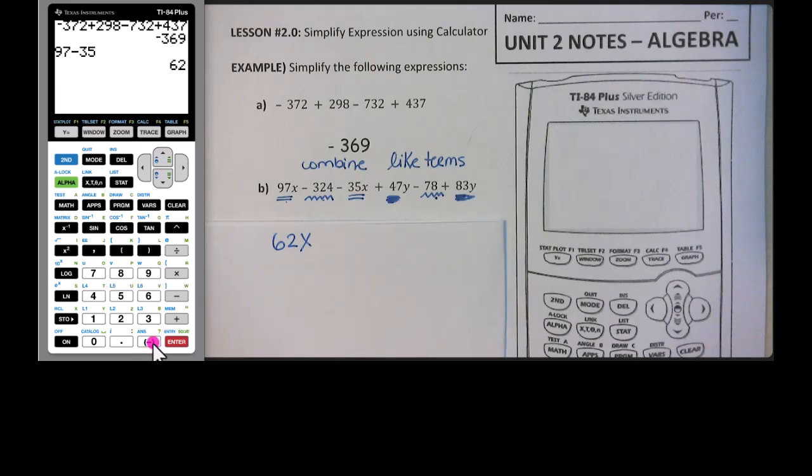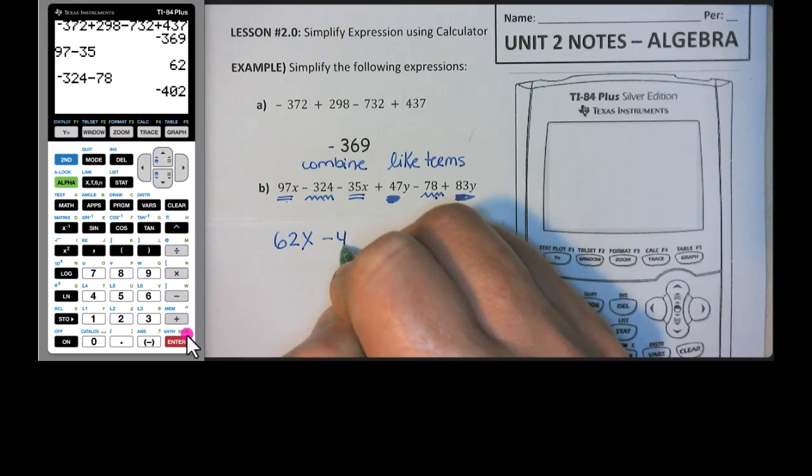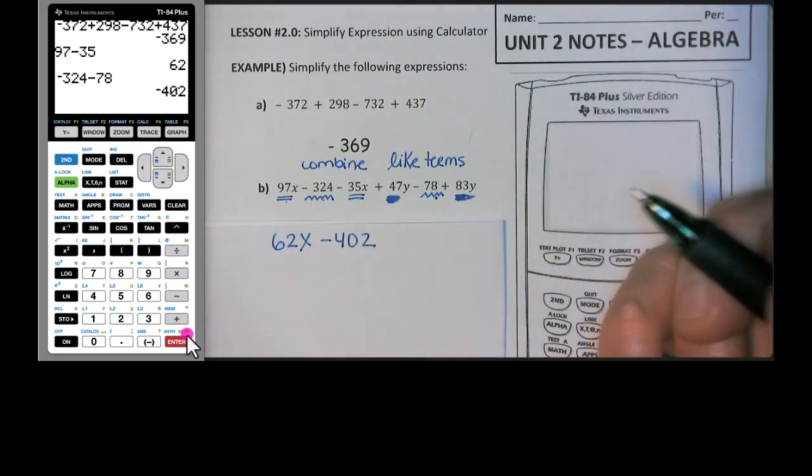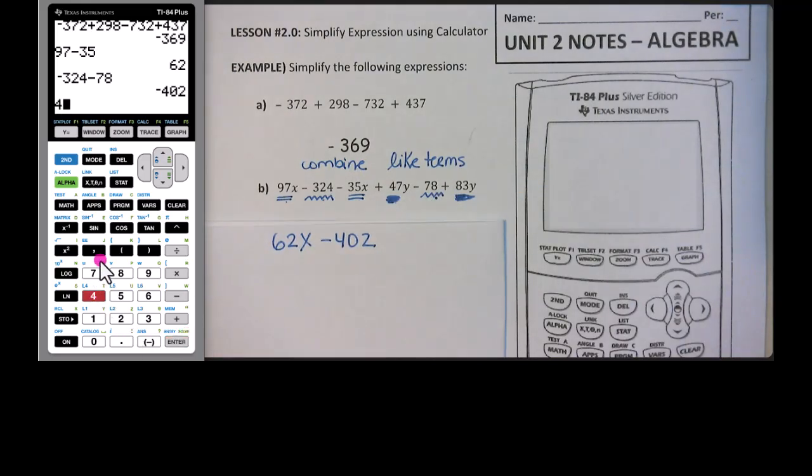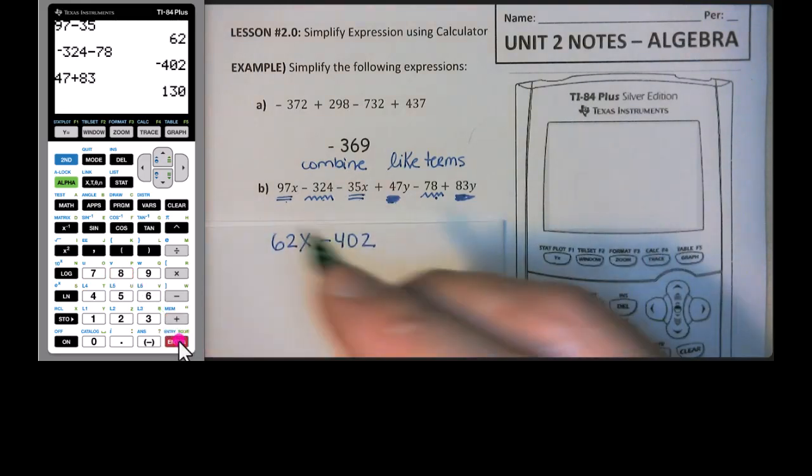Now please remember, negative 324 begins with a negative, so at the beginning of the expression you always use the little negative. 324 minus 78, and if you notice, the second negative was the big one, and you can even tell right there, see, this is big and this is small. Okay, so you press enter and we get negative 402. And then we need to do the y's, which is 47 plus 83. So we press enter and we get